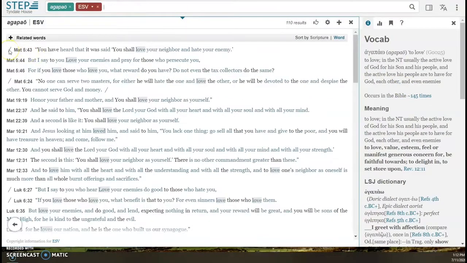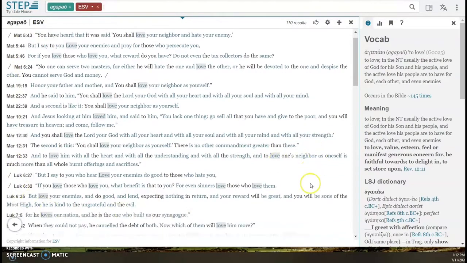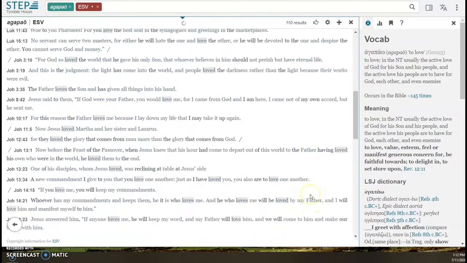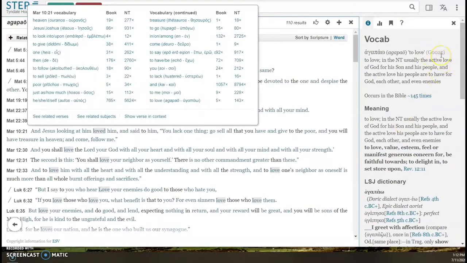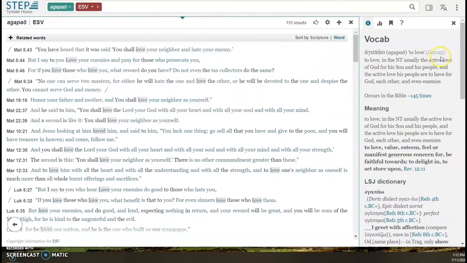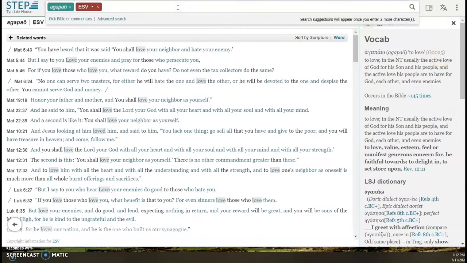And there I see every place that agapao appears in the New Testament. So it's a really cool and powerful resource. Again, I can see Strong's number, Greek word number 25, and again I'll explain why that is important in a minute. Another cool feature of Step Bible is I can search more than one word at a time,